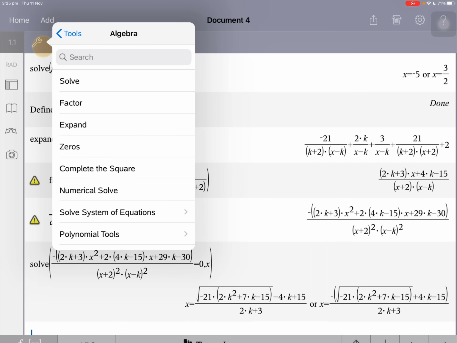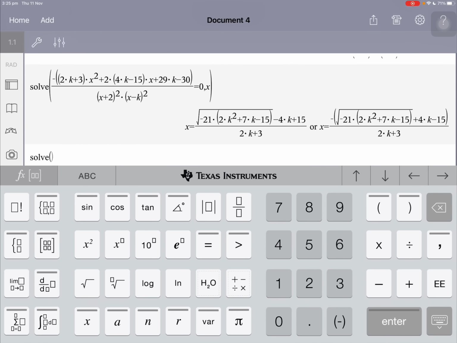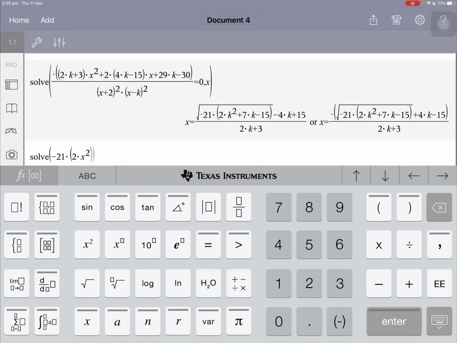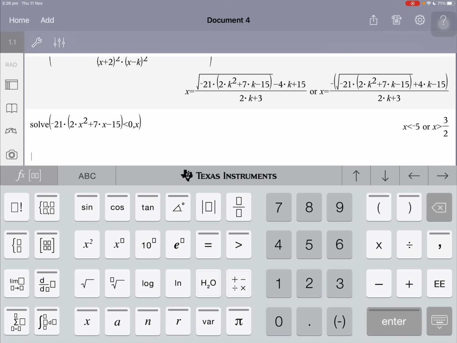So what I would do is go solve, and then I would just write whatever's beneath that square root. So I'd go negative 21 times 2 times, instead of using k, I'm just going to use x, it's the same thing, plus 7 times x, take 15. As you can see, that's the exact same thing in both of these square roots, and we want that to be less than 0, because if it's negative, neither of these solutions are going to exist. Let's solve, and that gives us x is less than negative 5 or x is greater than 3 on 2,